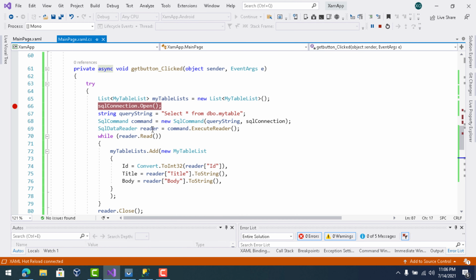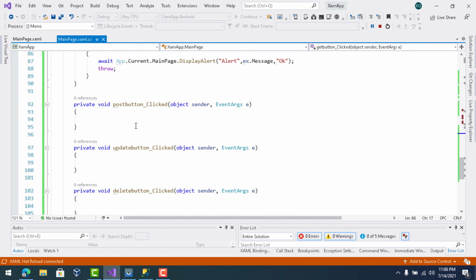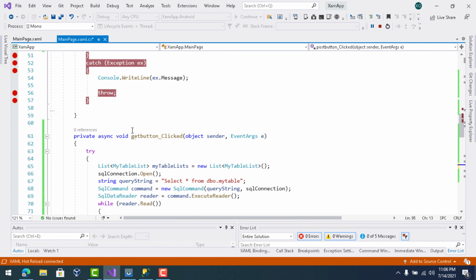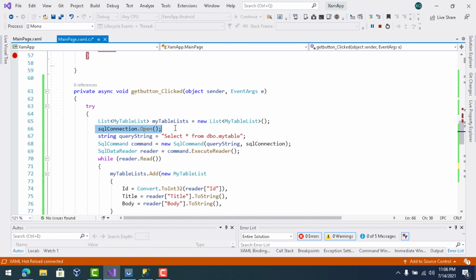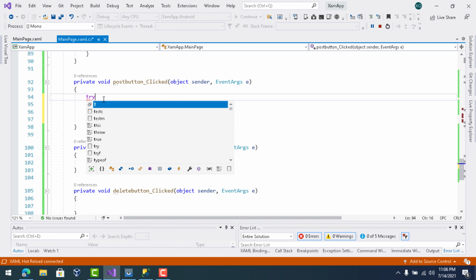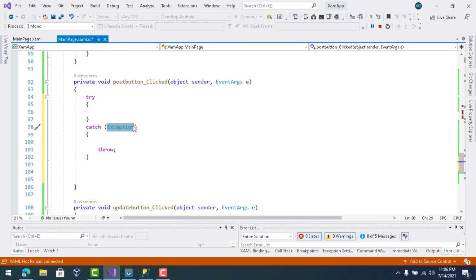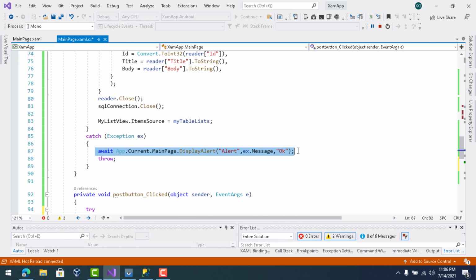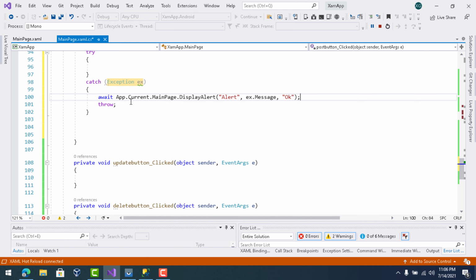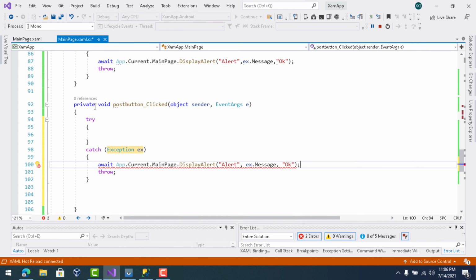Now our next work is to perform some post operation. That is, we are going to send data to the SSMS SQL DB table. So this is the exact place where everything will happen. So here we have a post button clicked, right? So now we are going to copy this SSMS SQL DB connection code, that is a global variable, and then first of all we are going to create a try catch operation that I have already mentioned above, and then we are just going to copy and paste it over here,